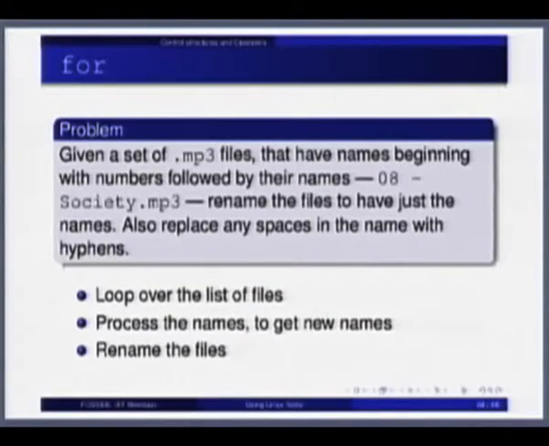Why? Because we want to get started with for. So how to use a for loop? You might want to do many things over all files in a loop, all variables in some list. So for is what is to be used for looping over a list of files, to process all the names. For example, when people have spaces inside their file names, all the spaces have to be removed. That time we want to write a for loop.